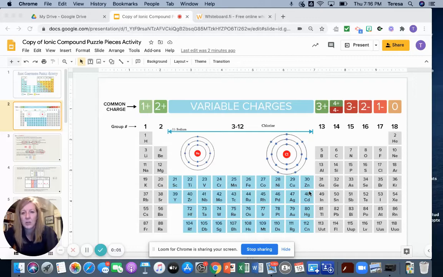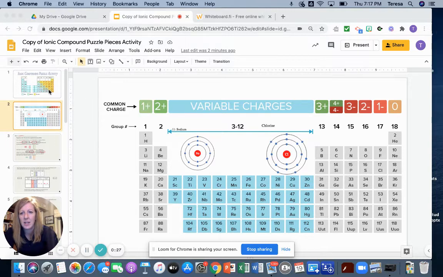So we're looking at the charges associated with each column on the periodic table. Looking at those charges, you see that we've got a +1 charge associated with the first column. Well, they have one valence electron, group one valence electron. The reason why they have a +1 charge is because they will lose one electron when they form an